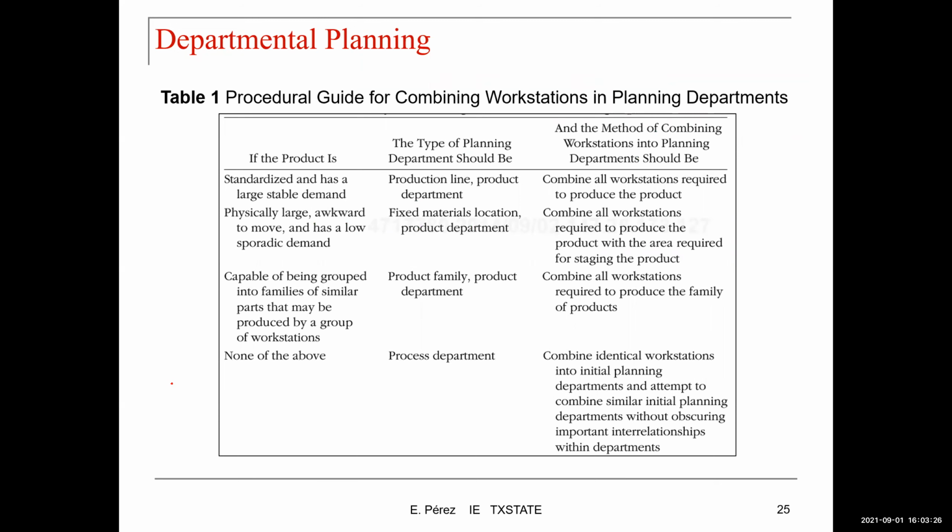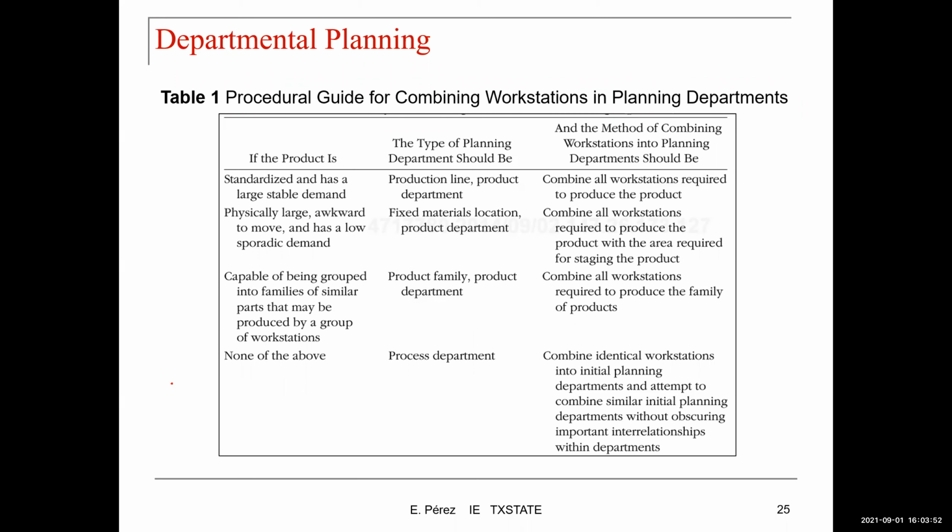So in this table, showing a procedure guide for combining workstations in planning departments. Let's start with the left side of the table. If the product is standardized and has large stable demand, then the type of planning department should be a production